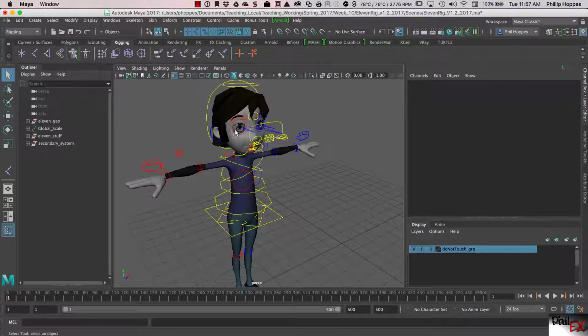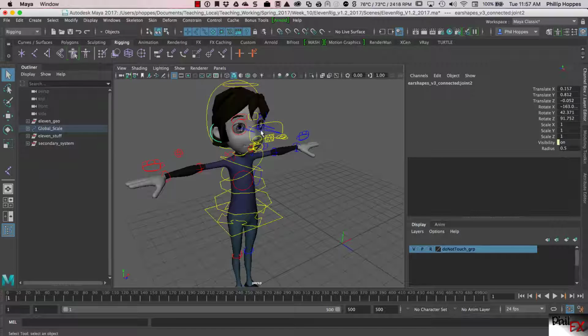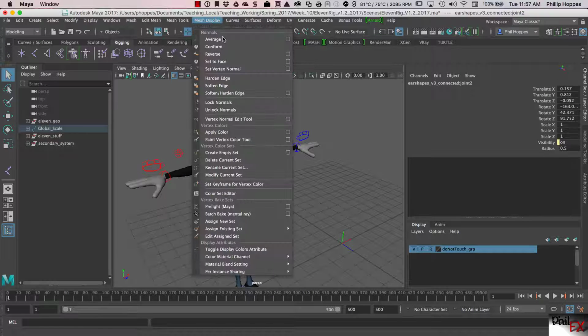What you need to do is navigate down the hierarchy and find the eyeball itself, and go up to, not animation, go to modeling. Go into modeling, mesh display, normals, and you select that sphere, the mesh that is basically the eyeball, and you want to reverse the normals on that mesh